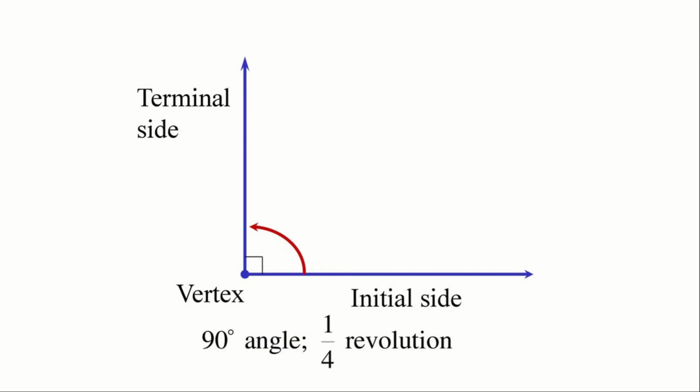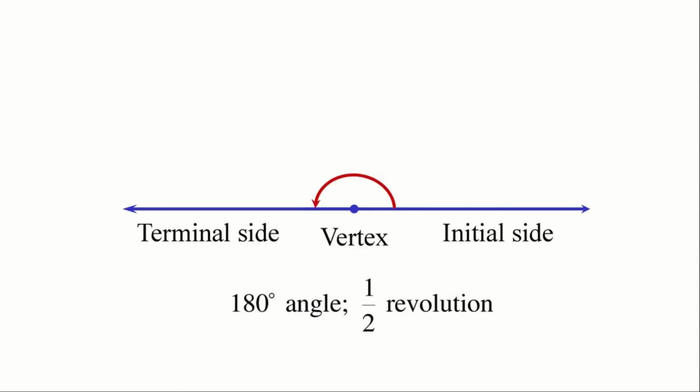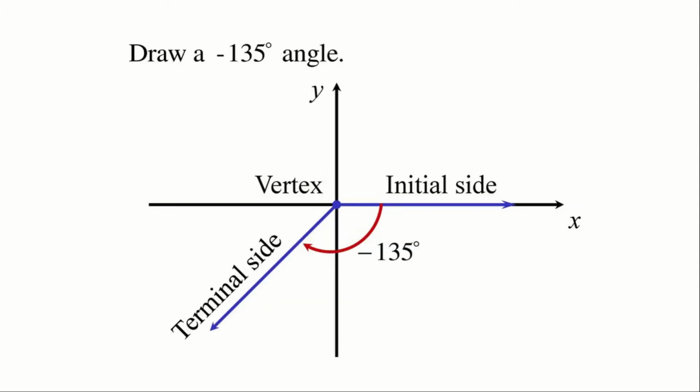So a 90 degree angle is 1 by 4th revolution, with an initial side and a terminal side. This line shows 90 degree and it is 1 by 4th of the revolution in a complete circle. So this is 180 degree. We know that in a protractor the 180 degree is half a revolution of the complete circle. The vertex will be exactly at the center. The initial side always traces the x-axis, and then the terminal side. So this is 180 degree, half revolution.